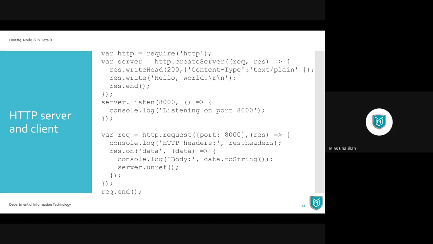Simply extract the URL and print it in the console. Now it's going to be root /. But if you go to your browser and type localhost:8000/ and then, let's say, index.html, then your URL is going to contain that part, index.html. So that's how you can extract your URL.